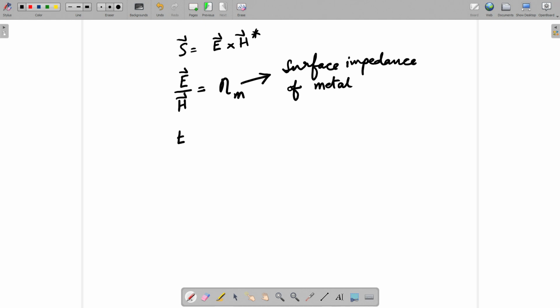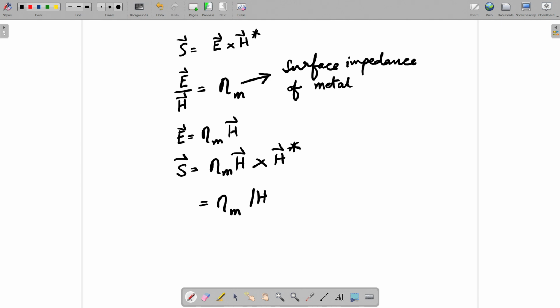So, E becomes equal to eta m H, and S becomes equal to eta m H cross H star, that is eta m mod H square u z. So, let us call this equation 57,